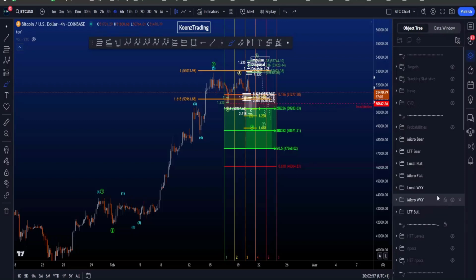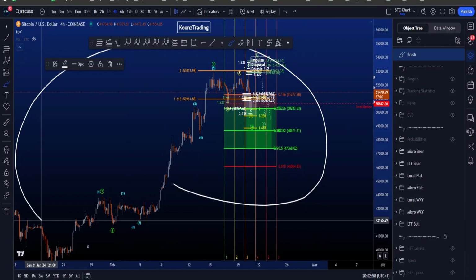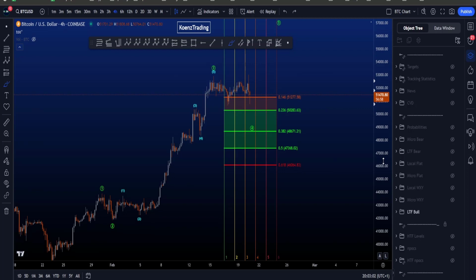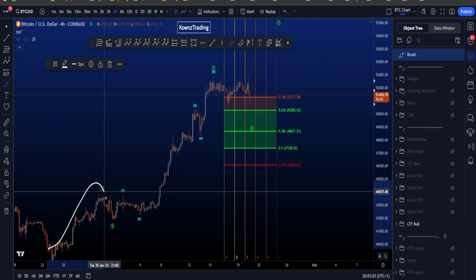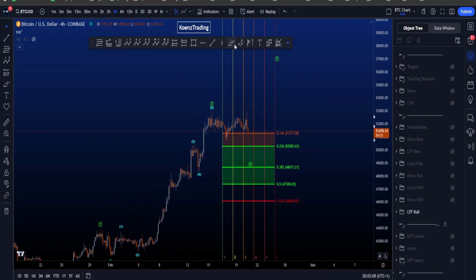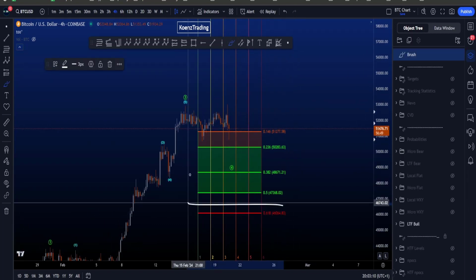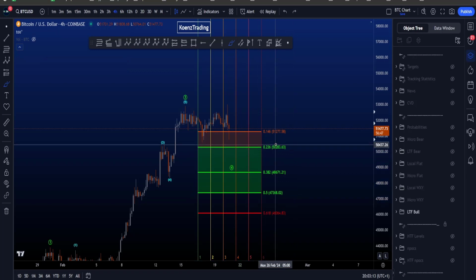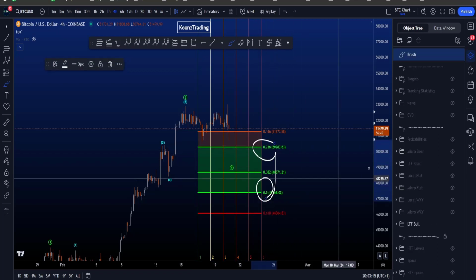Hi everyone, let's go over my bullish and bearish Elliott Wave scenarios on Bitcoin. On the 4-hour chart, we are still looking for this impulse to the upside. 1, 2, 3, 4, and 5, where we're waiting for this wave 4 to end. The common target area for this wave 4 is the green area over here between the 0.236 and the 0.5